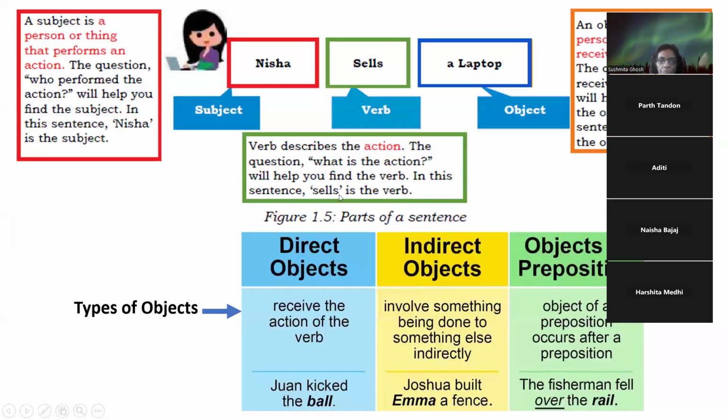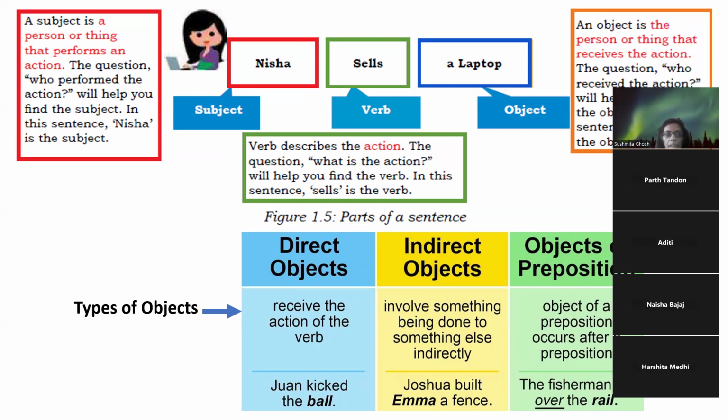मूविंग फर्दर डाउन, your direct and indirect speech. Significant, they ask at times to convert the sentence from direct to indirect. अब इसमें ये जो subject object वाला concept है, subject, verb and the object. ठीक है. So verb describes the action and your object is वो action किससे आप perform कर रहे हो, right? And subject is the person who's performing the action. Okay.